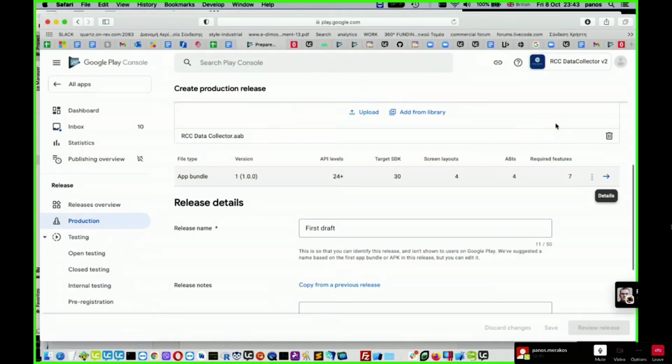You have to go through a lot of paperwork. On the contrary, if you distribute outside the Play Store, you just need an APK, and you can send the APK to the potential customer in any way. You can just put it on a USB and give them instructions on how to install it on their devices, or you can just email it to them, or there are other apps that allow you to put stuff on your phone. So yeah, each method of distribution has both advantages and disadvantages. It's up to you.